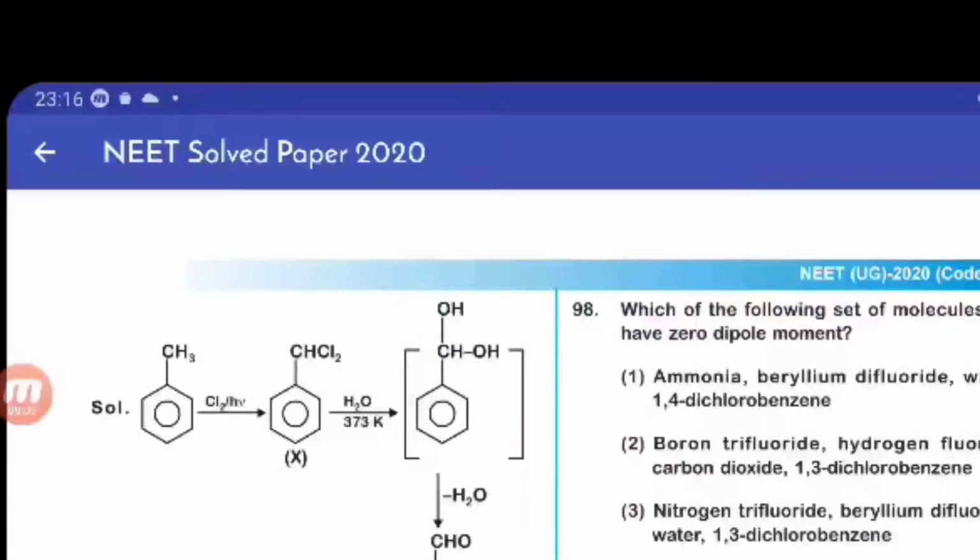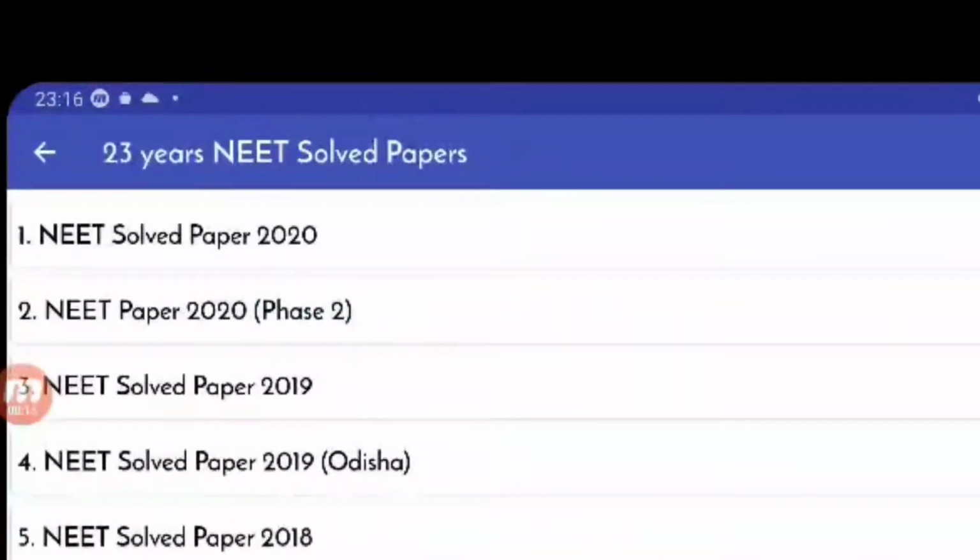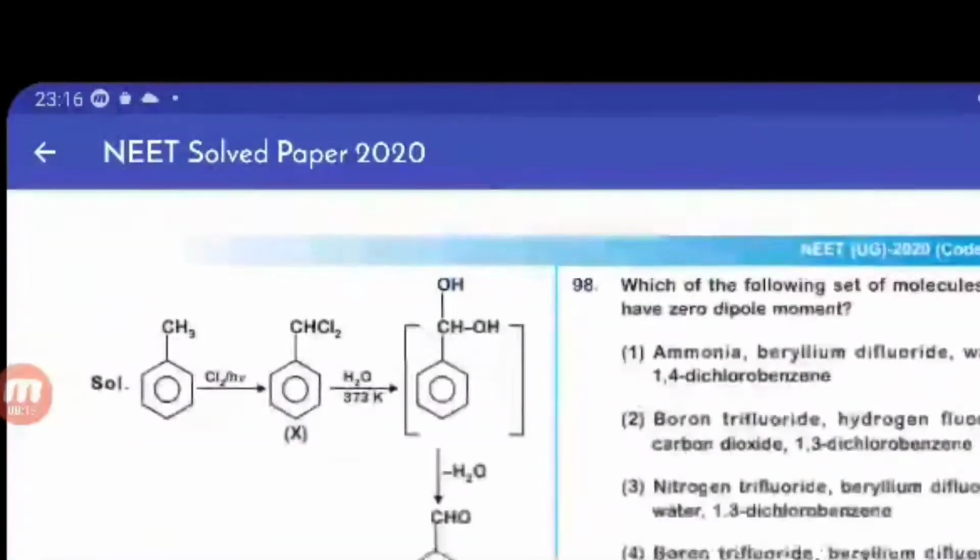Now 98. Which of the following sets of molecules will have zero dipole moment? That means it will have the polarity or may not have the polarity. It may have the polarity, it may not have the polarity, but